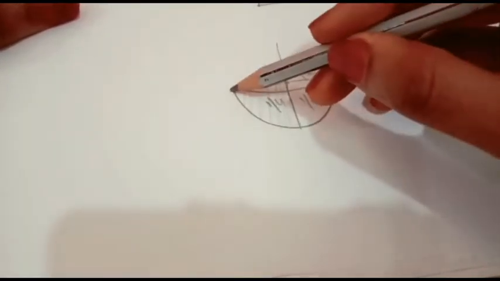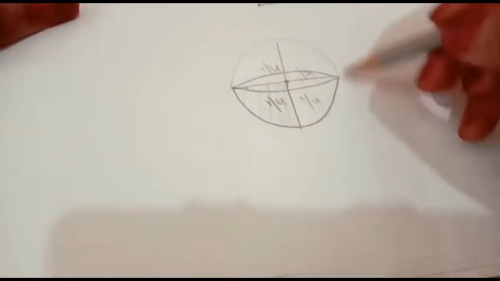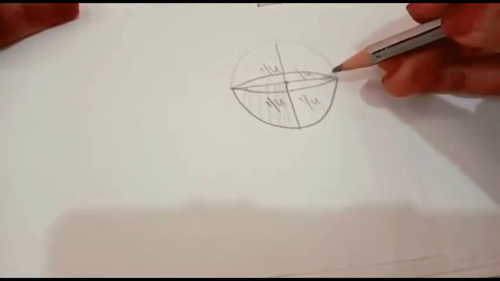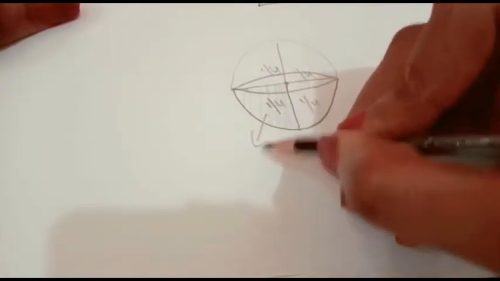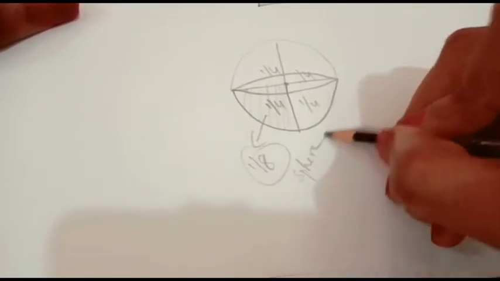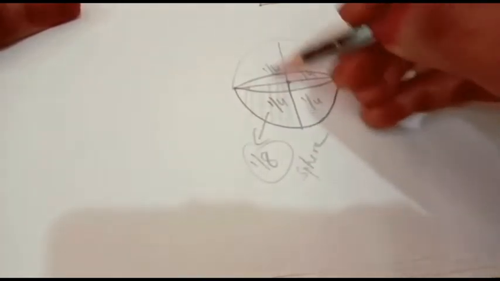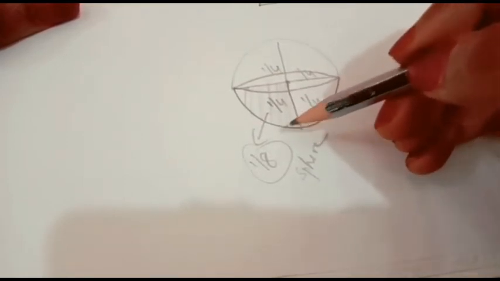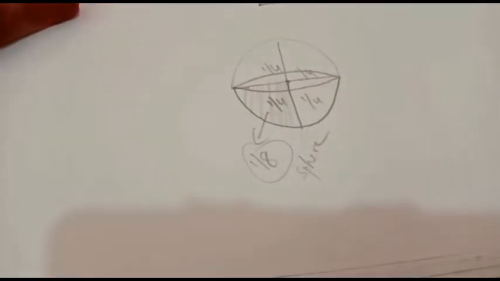An atom is a total sphere. So how much will it be? Here 1 by 4, 1 by 4, 4 times. That means above also it will be like that. So in total 8 parts are there, so this part will be 1 by 8 of the sphere. If you take a total atom, it will be 1 by 8 only. So only this 1 by 8 is inside the cube. Each corner will get only 1 by 8 of the atom.